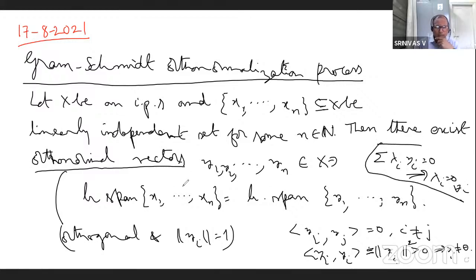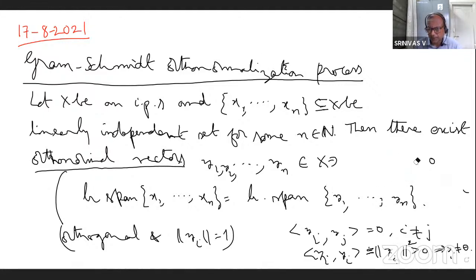Now, in this theorem, if you are given n linearly independent vectors, we will be constructing n vectors y1, y2, up to yn, such that these are orthonormal, and the linear span of this is equal to the linear span of this. Okay, and what does this mean? It means that